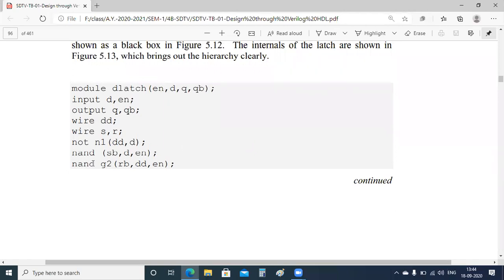So this NAND gate, we are temporarily giving the name G2. Actually, here it has been missed. We have to write G1 here. It is missed there, you can write your own. Now it is G2,